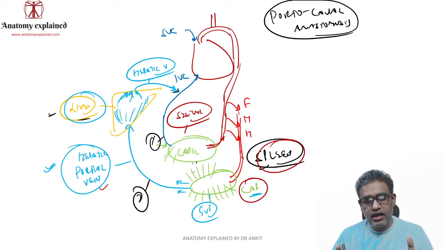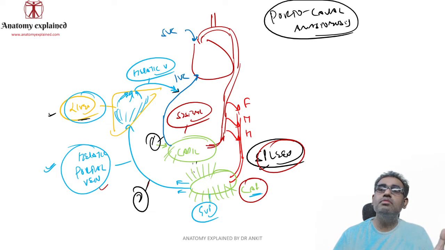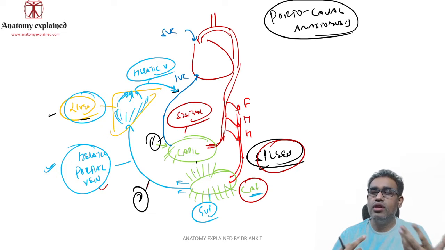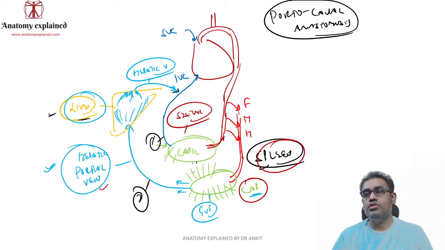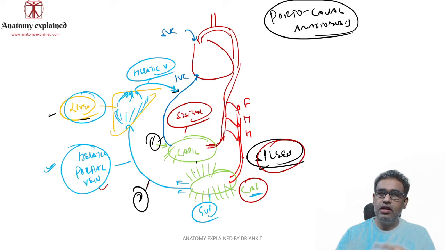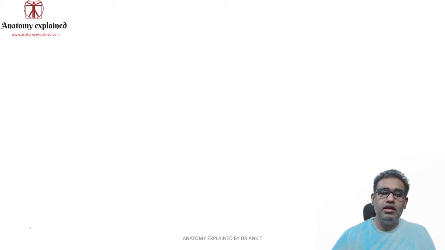Normally there is anastomosis, but it is not dilated over there. The blood is going in the relevant direction, but when there are problems in the liver, in the case of portal hypertension, then those anastomoses become clinically important. So to understand this, again we need to understand one more thing about the portal vein. So let us try to understand the portal vein.